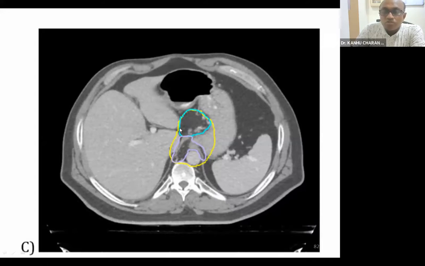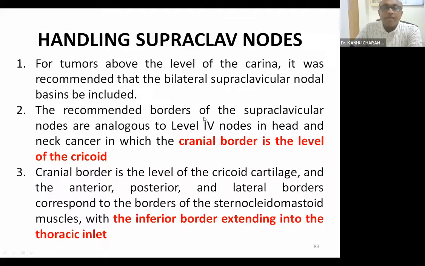For most lower esophageal and GE junction tumors, you have to contour this junctional area of nodes. This area is called the gastrohepatic area. These are nodes that you take as prophylactic. You have to contour them. Handling the supraclavicular nodes: further above the level of the carina, it was recommended that bilateral supraclavicular